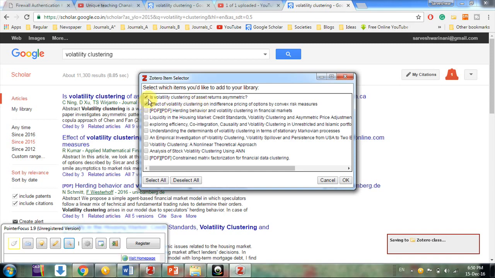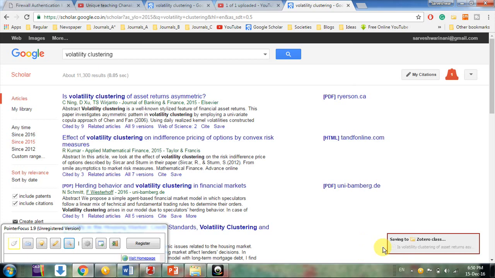Not all 10, only two papers I am adding here, and just click OK. You would see the process start on the bottom right side. If the PDF is available in your library, if it is subscribed there, it would go directly there. So now we can see it has gone.